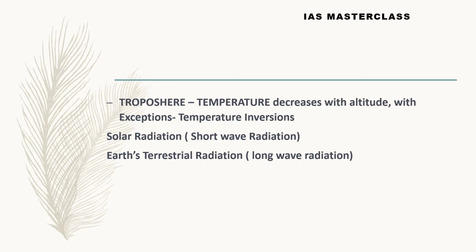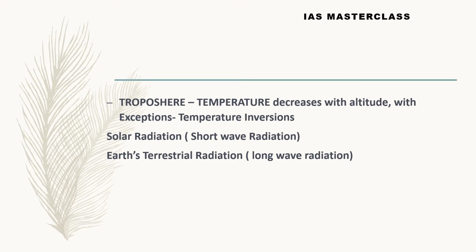Now what happens? What contributes to the temperature? It is of course insolation, or incoming solar radiation. The incoming solar radiation is in the form of shortwave radiation. Now the atmosphere is not able to absorb heat from shortwave radiation. So most of this actually falls on the Earth's surface. The Earth's surface absorbs this heat and emits it back as terrestrial radiation. Now this terrestrial radiation is in the form of longwave radiation, which the aerosols in the atmosphere can absorb